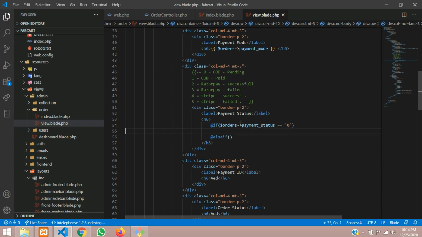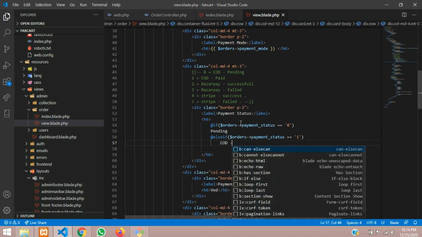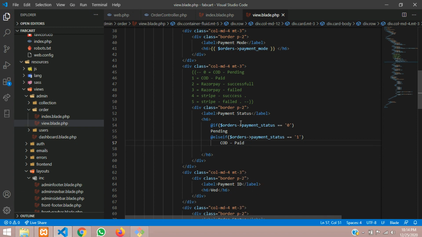0. So 0 means we will mention as pending, and then again is equal to means 1 means successful, which is cash on delivery, paid, and then again copy, paste.